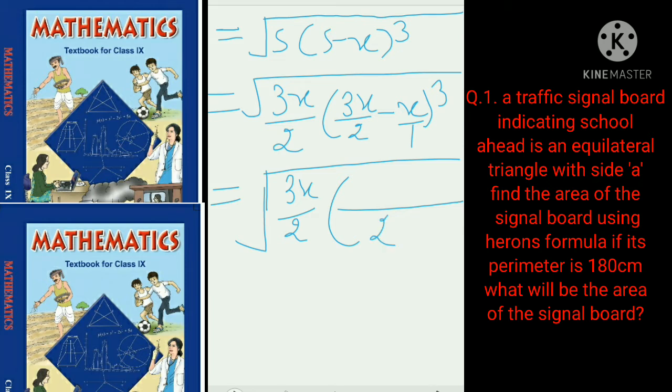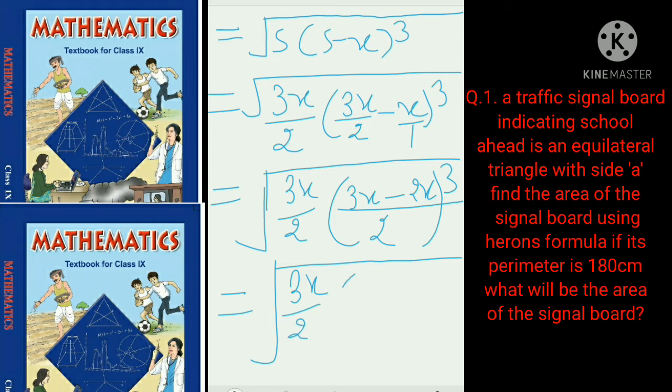So the LCM of 2 and 1 will give us 2. Okay, so you know this process now. When you divide 2 by 2, it will give us 1, into 3x, we will write here. When you divide 2 by 1, the LCM we get is 2, so this LCM we will divide by this denominator 2, so when you divide 2 by 1, it will give us 2. Now 2 into x will give us 2x, and whole cube we will write here.